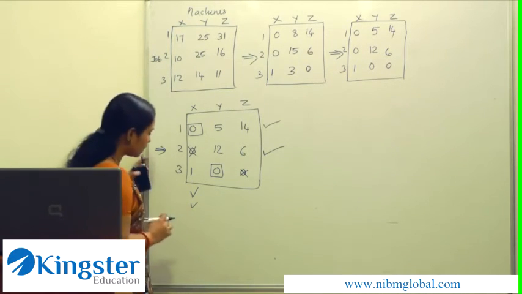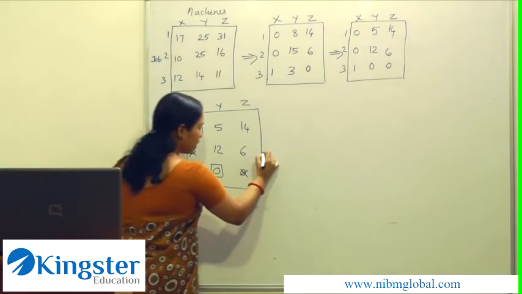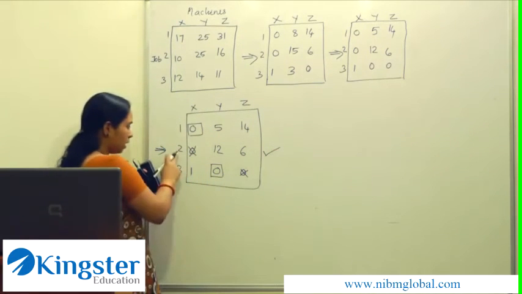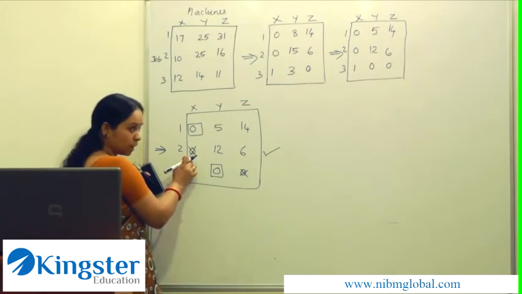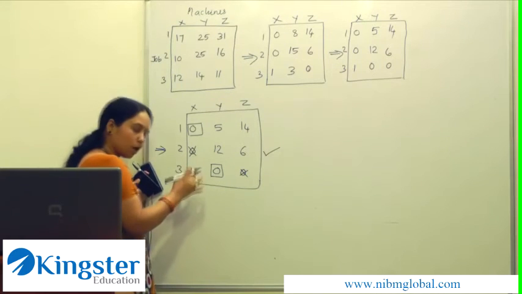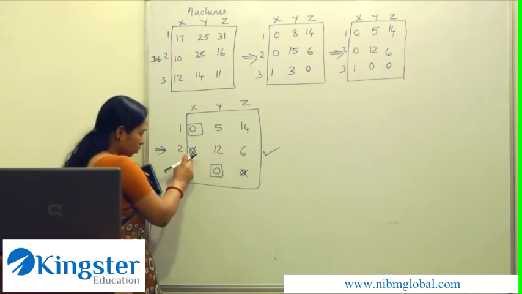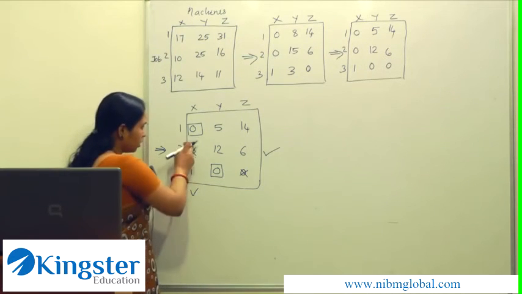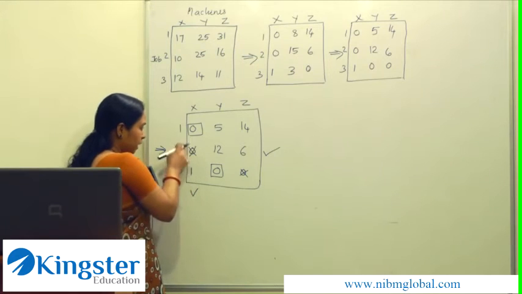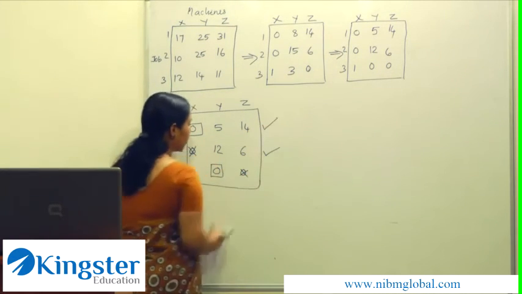So I will repeat the procedure once again. Identify the rows having no assignment. Put a tick mark against that row. Again, against the second row, we put a tick mark. Now consider the zeros in that row. If there are more than one 0, the columns corresponding to all the zeros should be marked. Here we have a single 0 in this row. So the first column is marked. Now consider the first column and identify the assignment which is made in this column. This position. Now the corresponding row should be marked. So we put a tick mark against the first row.